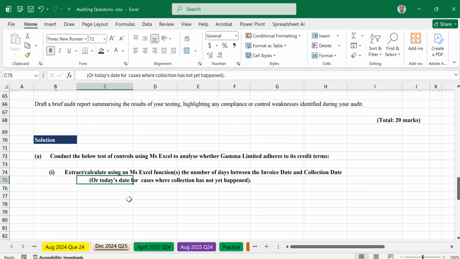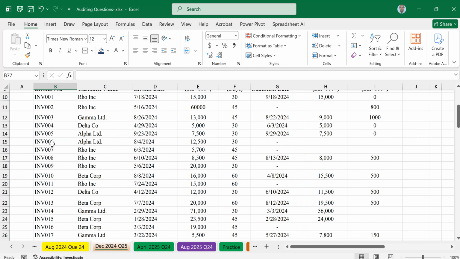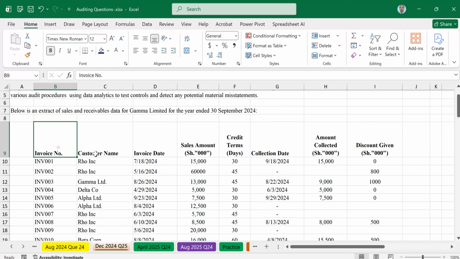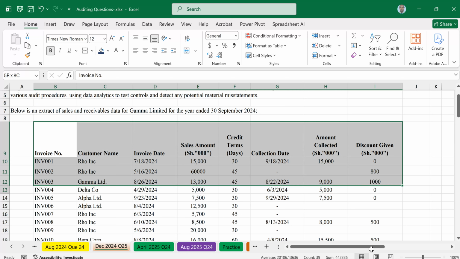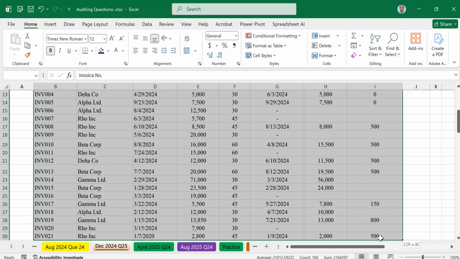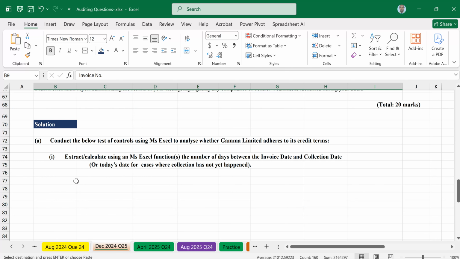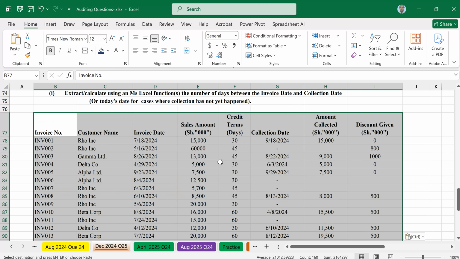Now, I want to bring the same data from up there. We are copying the same data, the way it is. Copy, Control C. Then Control V, paste here. Before we proceed to come up with an additional column, I want us to edit this data a bit